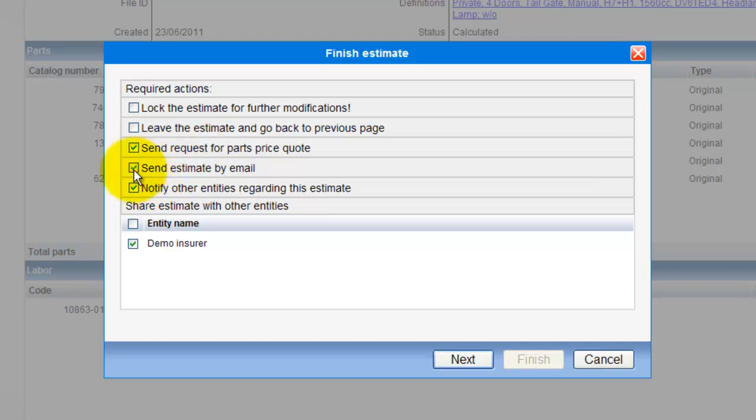We can send the estimate by email as an attachment, and we can notify other entities regarding this estimate in the internal system. As we began, we put the demo insurer as a participant in this repair process. This will share this estimate with this entity. When we go next,